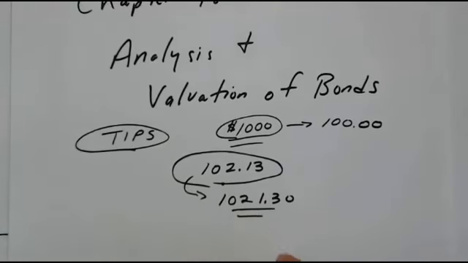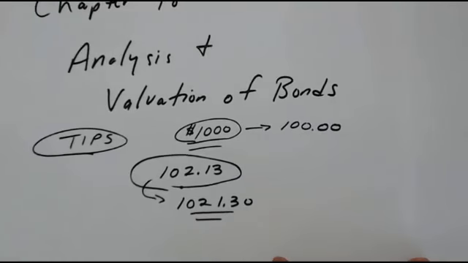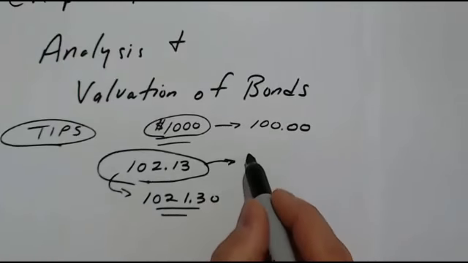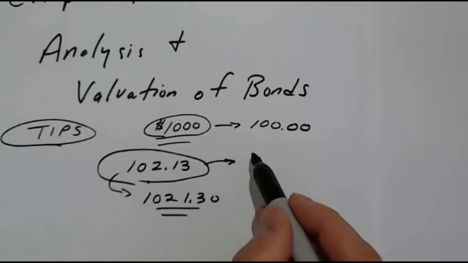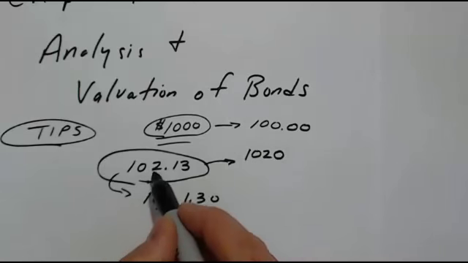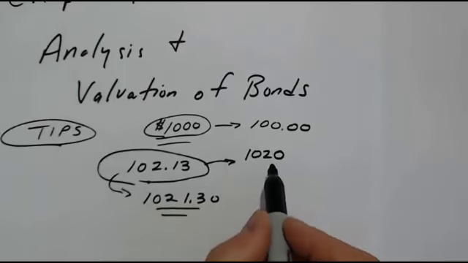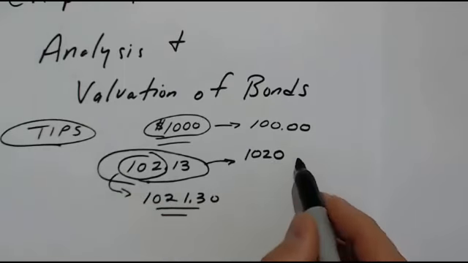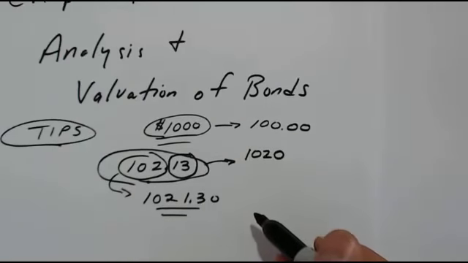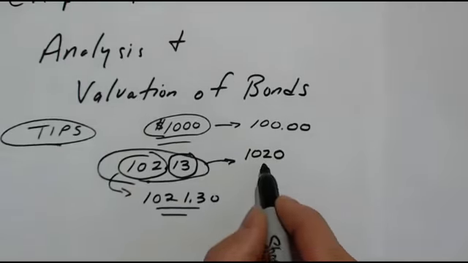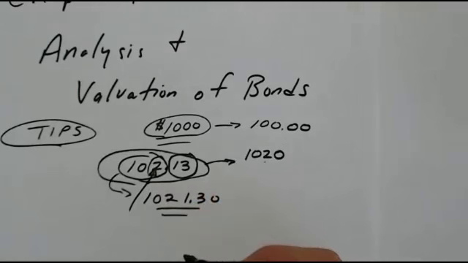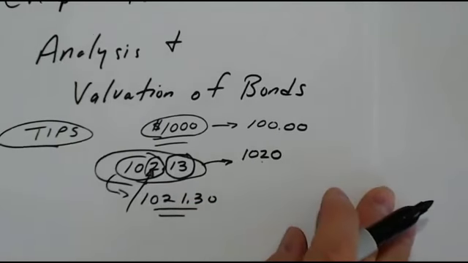It could be that, but you need to read the fine print and look at the footnotes of the quote, because it could very well be in fractions, and this is what I mean. The fractions come into play here. This would be a 102, and you'd add a 0 to this, because you basically multiply this by 10. And this, to the right of the decimal, is the number of 32nds of $10. Every time you change this digit, you move the bond price by $10. So the price of the bond would be